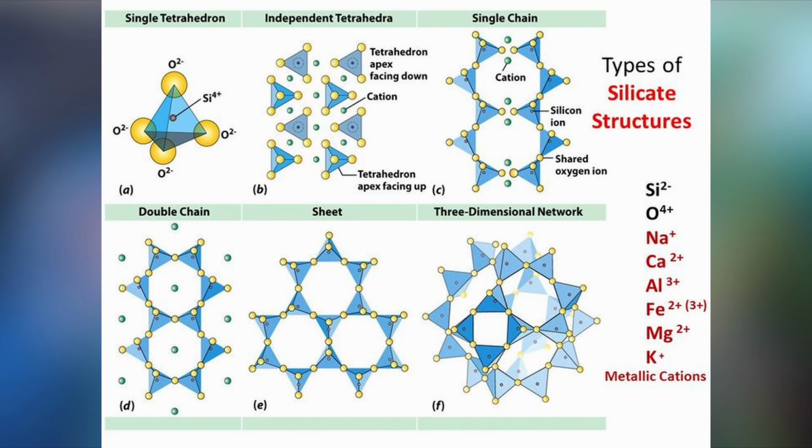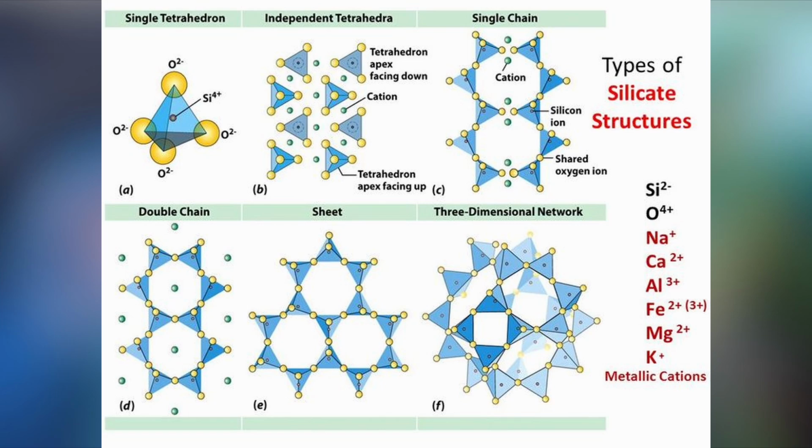Pyroxenes are basically single chains of silica joined together. And the way that works is, remember that we have a central silicon atom surrounded by 4 oxygen ions. Well, if you put another silicon ion next to it, it can share some of those oxygens with the next one, which can in turn share more on the other side with the silicon next to that, and so on and so on. So you can form a chain.